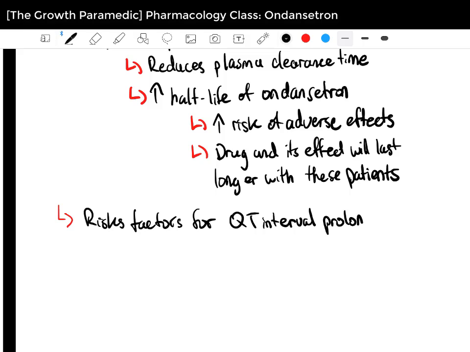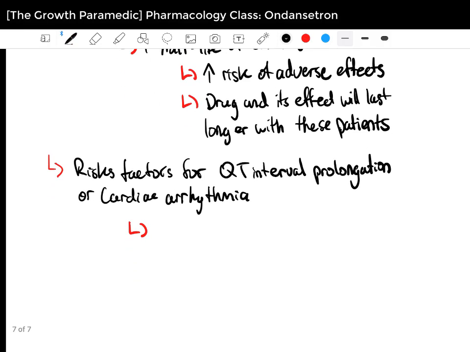But basically, risk factors for QT interval prolongation or cardiac arrhythmias. And this is an interesting one to note, as ondansetron is known to